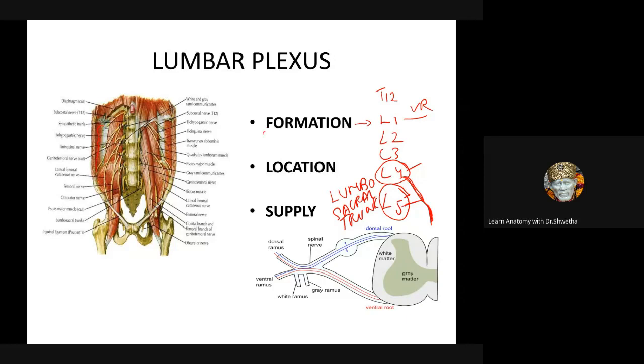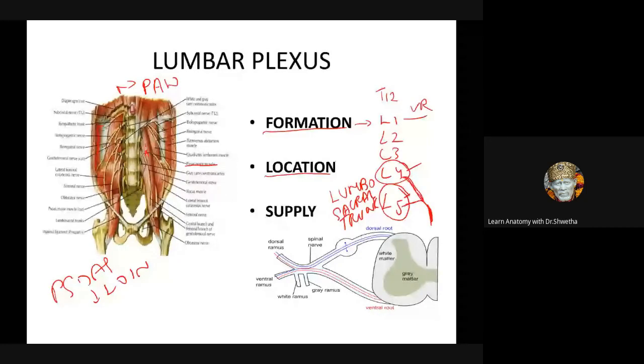Now, the formation you have beautifully described. Location, please tell me where it is located, students. It is in the posterior abdominal wall. Very good. Don't get confused. It is not the anterior abdominal wall. It is the posterior abdominal wall. Can you name the muscle I mentioned, students? It is present within the structure of the muscle. Very good. Psoas major. Can you see this beautiful muscle here? That is the psoas major muscle. To remember, psoas means loin in Latin. A muscle of the loin is called the psoas major muscle. If you dissect this muscle and remove its fibers, you will see this lumbar plexus.